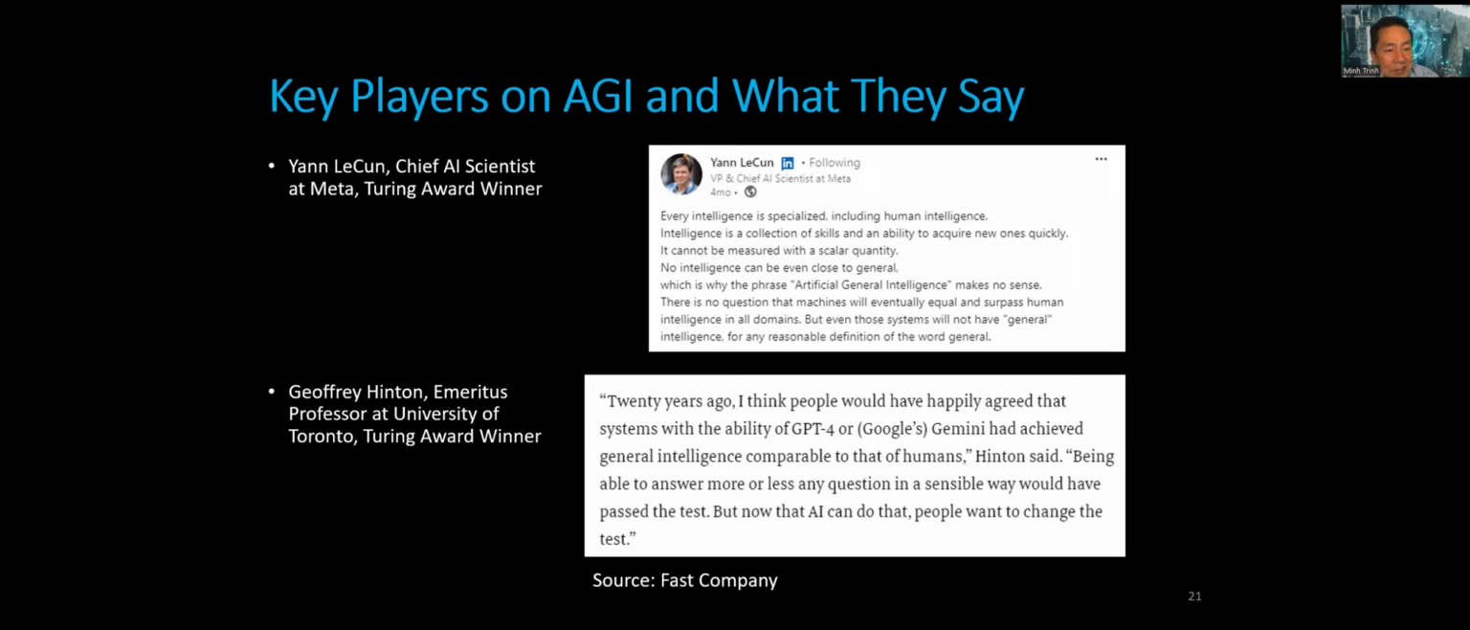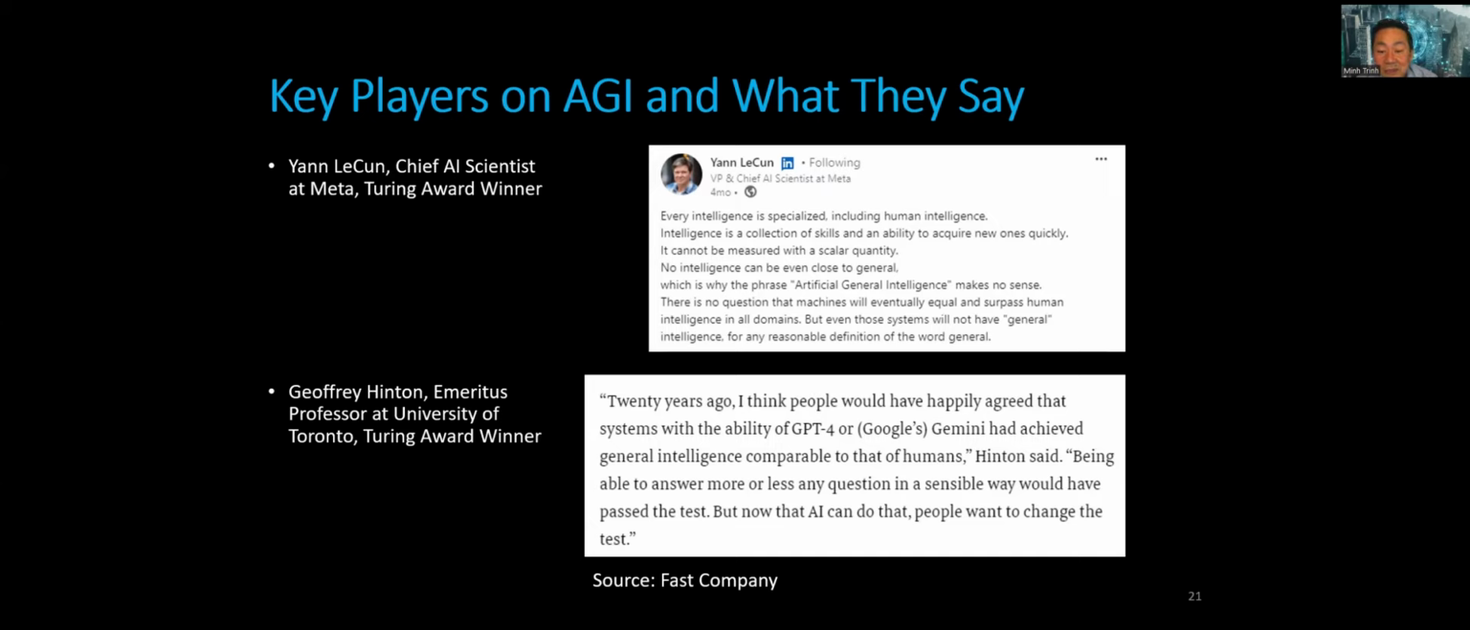he's French, he's the chief AI scientist at Meta, and he's a Turing Award winner. The Turing Award is like the Nobel Prize for computer science. He thinks that AGI doesn't make sense. This is something he posted on LinkedIn just 4 months ago. He says every intelligence is specialized, including human intelligence. Intelligence is a collection of skills and the ability to acquire new ones quickly. Nice, consistent with what we said before. He says it cannot be measured with a scalar quantity, by a number, and no intelligence can be even close to general, which is why